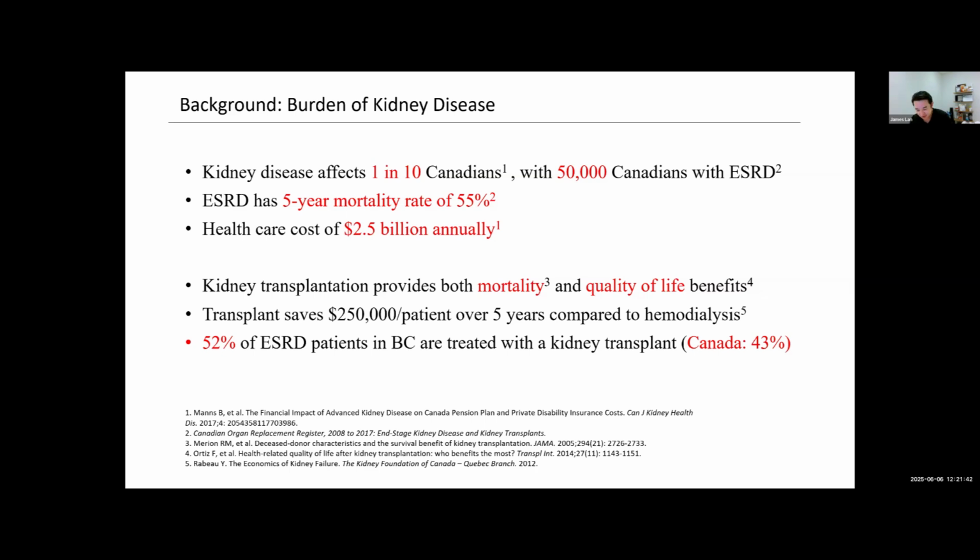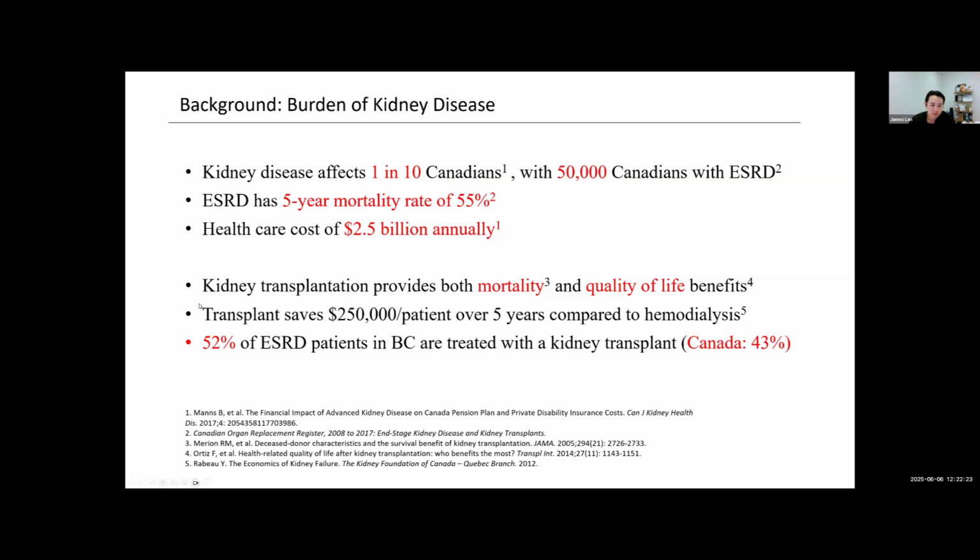I know not everybody here is a nephrologist. And so just to provide a context, kidney disease affects 1 in 10 Canadians. Currently, there's 50,000 Canadians living with end-stage kidney disease. I think in pathology, we talk about cancer mortality quite a bit, but the reality is for our patients with kidney disease, by the time they reach end-stage kidney disease and they're on dialysis, half of them will pass away over 5 years. So the mortality rate is exceedingly high. It also takes a lot of money to look after these patients as well too. These are highly complex patients and dialysis care is expensive to provide.